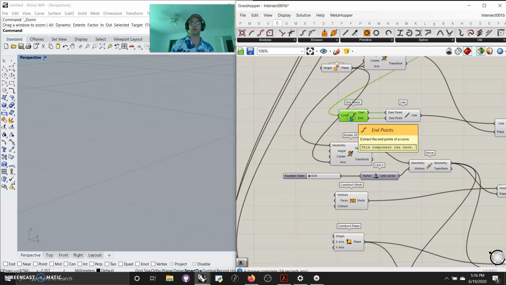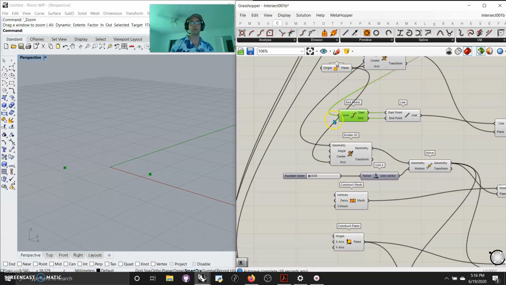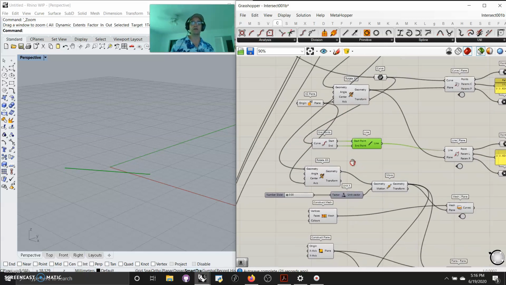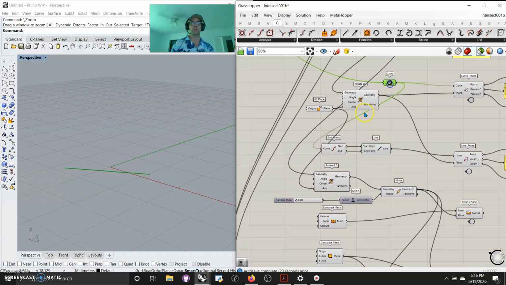I'm going to take my curve that we know well, grab the endpoints of that, and draw a line between them. The reason I did that was my curve was, I guess I didn't have to do that. I'm just using the same curve anyhow. But in having that line,